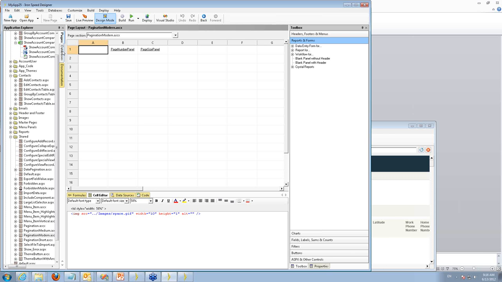Do the Iron Speed application generation embrace ASP.NET MVC? This is a really good question, and sometimes I hear this from the sales team. And we do have what we would call an MVC architecture in terms of how the code is generated. It is not using the ASP.NET MVC architecture, and we wrestle with this. This is something where